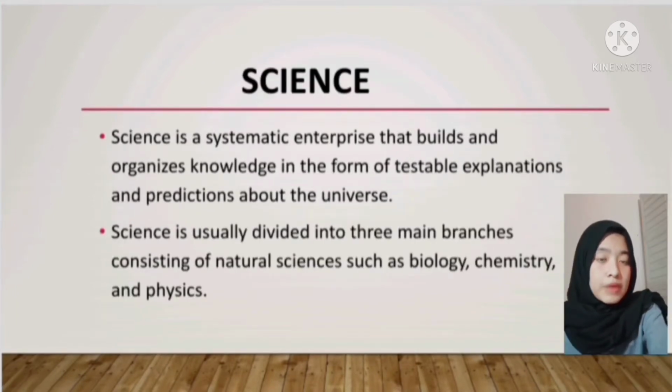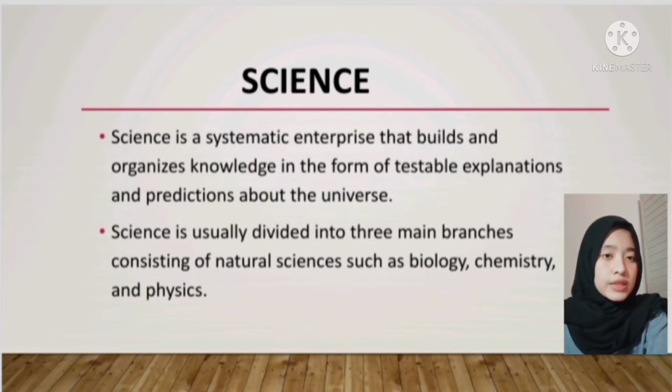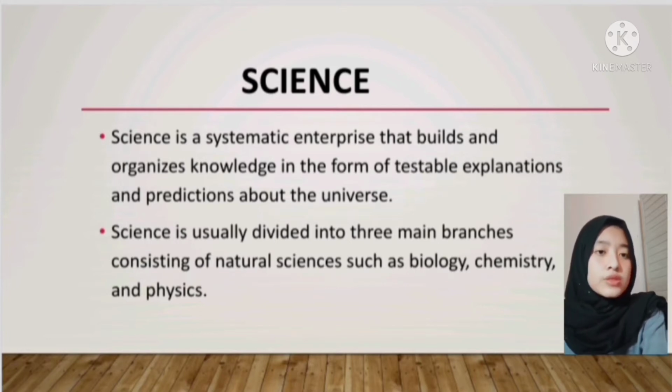Okay, the second slide is about science. Science is a systematic enterprise that builds and organizes knowledge in the form of testable explanations and predictions about the universe. Modern science is typically divided into three major branches that consist of the natural sciences, such as biology, chemistry, and physics, which study nature in the broadest sense, the social sciences, such as economics, psychology, and sociology, which study individuals and societies, and the formal sciences, such as logic, mathematics, and theoretical computer science, which deal with symbols governed